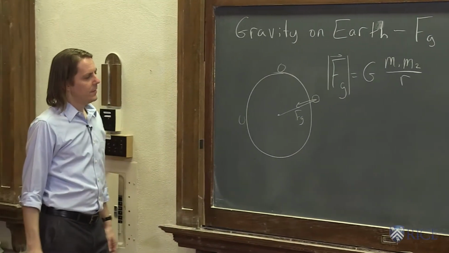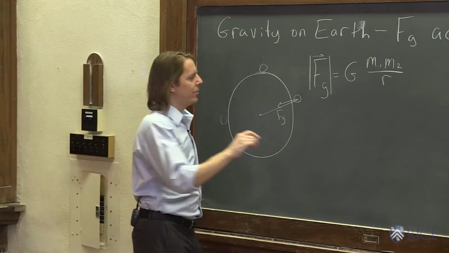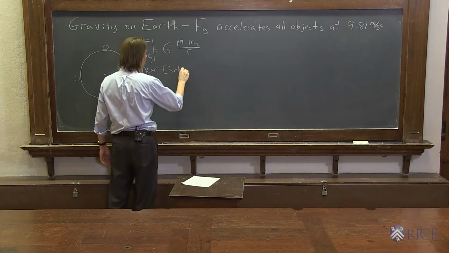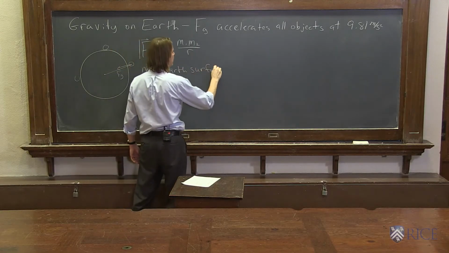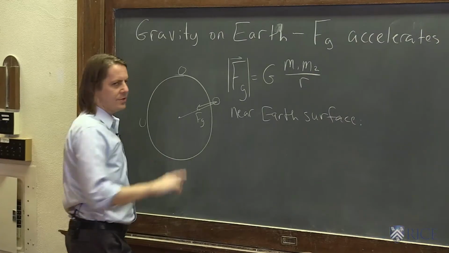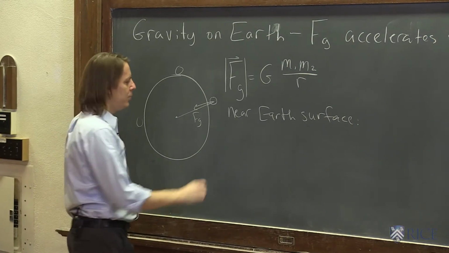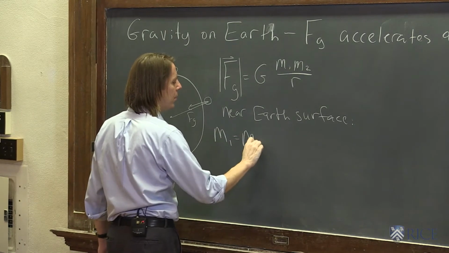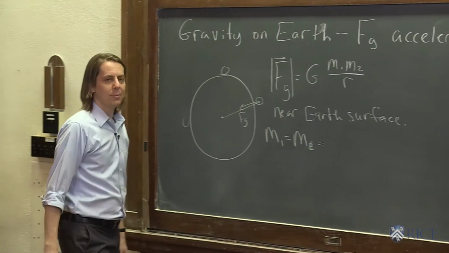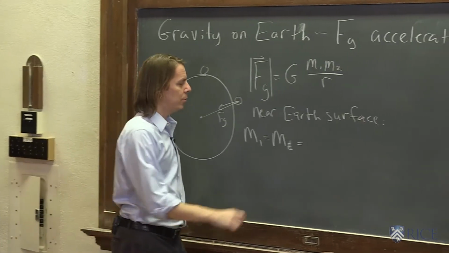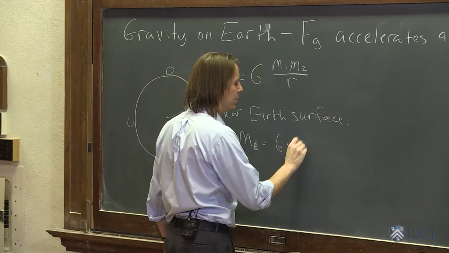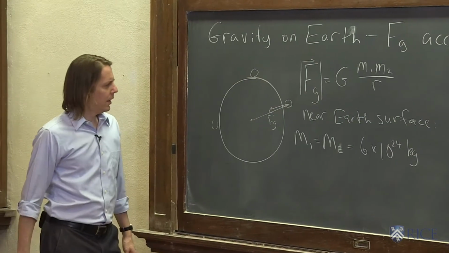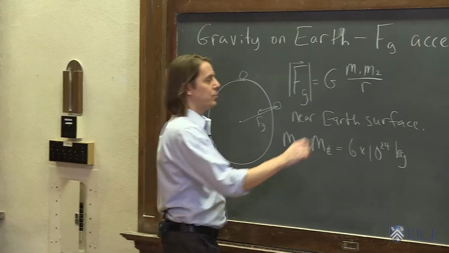Okay. So let's see, near the surface of the Earth, what will we plug into this equation. G is just G, so that's universal. M1 is going to become the mass of the Earth, and the mass of the Earth is 6 times 10 to the 24 kilograms. The Earth is really big. Newsflash, the Earth is big. R, which is squared, of course,